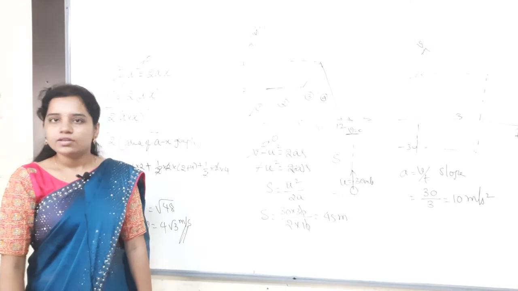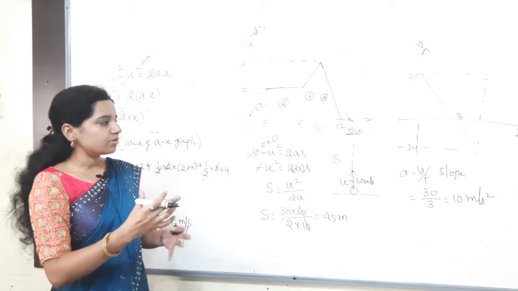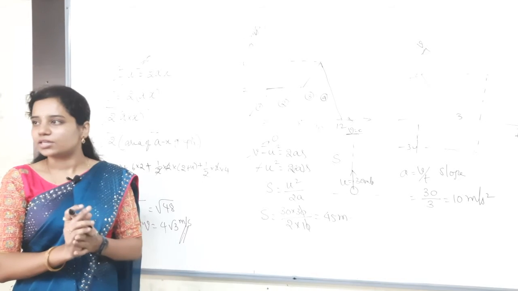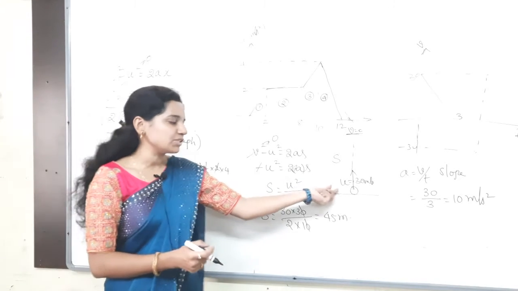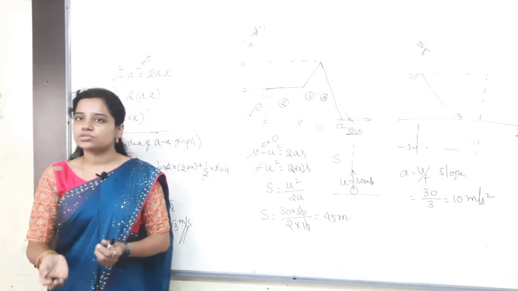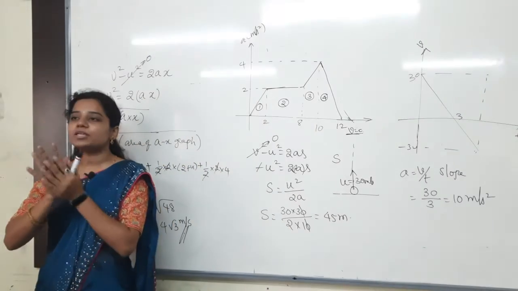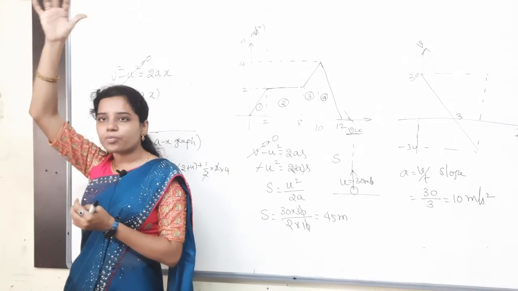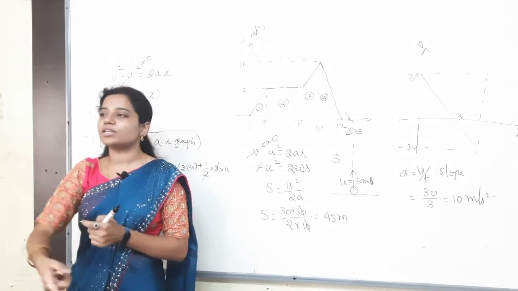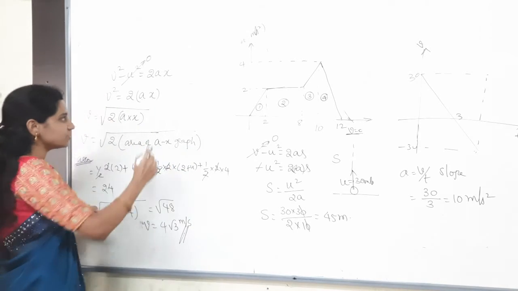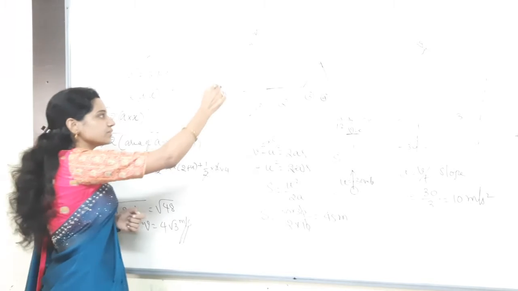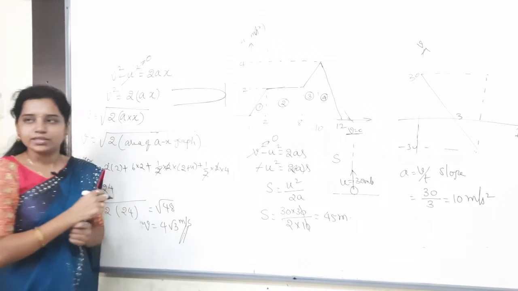Understand it clearly? Not every time it will be areas, it will be slopes. You have to do something else with that. You have to find out the maximum height here. Whenever a body is thrown upwards, for example, I am just throwing this cap upwards, it is returning back. Here at this top point, what is happening? The velocity becomes 0. Then only it will return back. Any body is just taking a turn. Taking a turn means it is coming to rest and then returning back again.